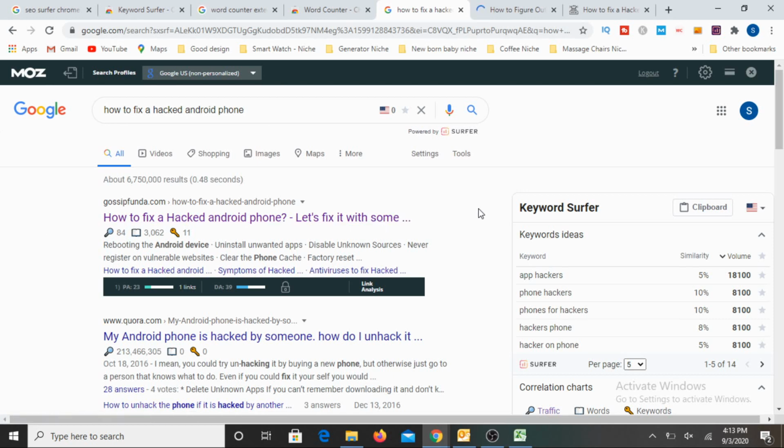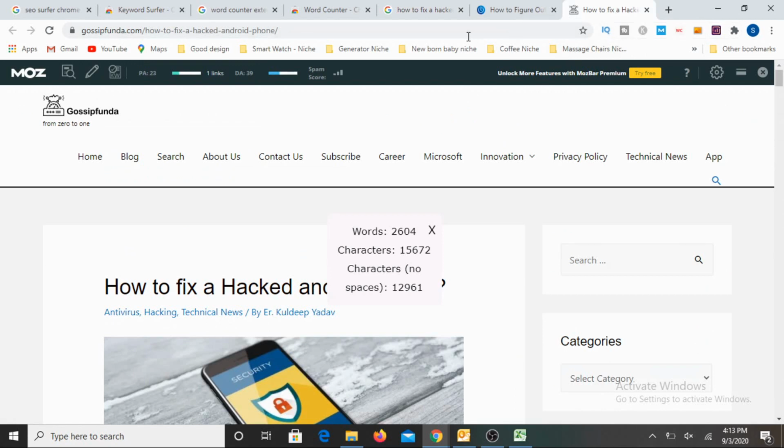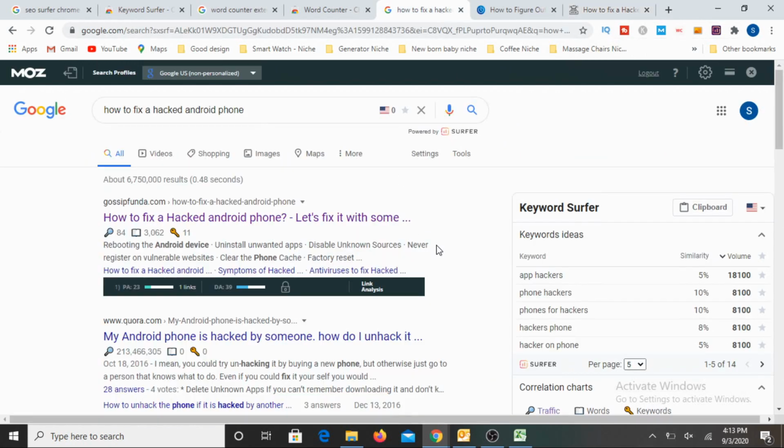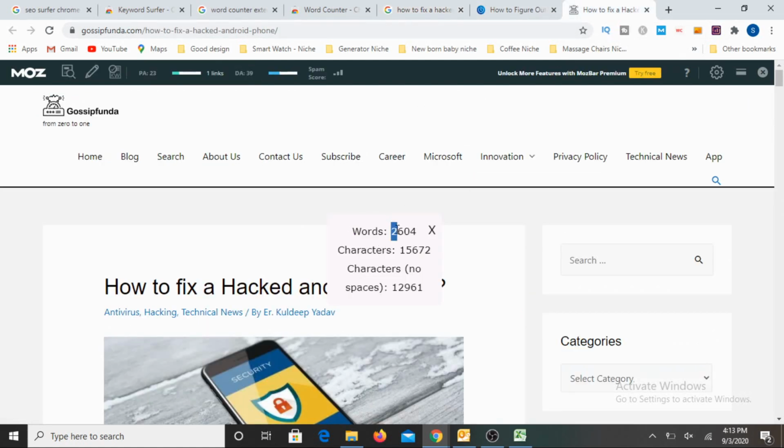When you take the HTML version, you will have a lot of text within tags, like your title tag, your meta description, and some of the alt tags. Most likely this tool must have been counting those things. That's why you will find about 10% of deviation, but I don't see any major disruptive deviation there. That's okay: 2,600 plus versus 3,000 is about 10% deviation that goes into the technical tags. Even if you write about 2,700 words of content, once you take care of all those tags, it will come to about 3,000 words or so.